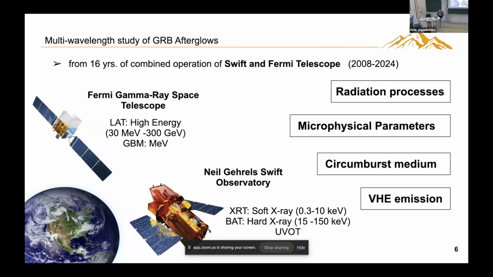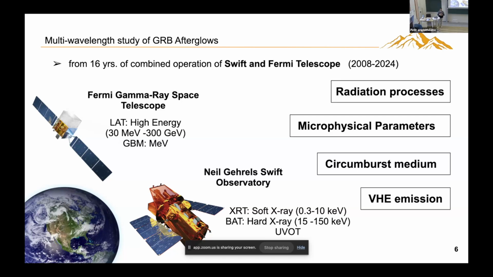With this study, I would like first of all to answer what is the most dominant radiation mechanism playing a role there. Also, can we constrain some microphysical parameters, such as the magnetic field or the slope of the injected non-thermal photons, which can constrain the shock dynamics? Plus, can we comment on the medium around the burst progenitor? As we know that long GRBs come from Wolf-Rayet stars, there should be a wind medium. Can it be constrained, or is the profile of the medium homogeneous?